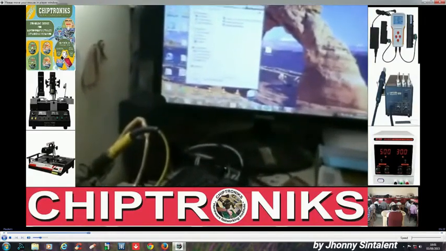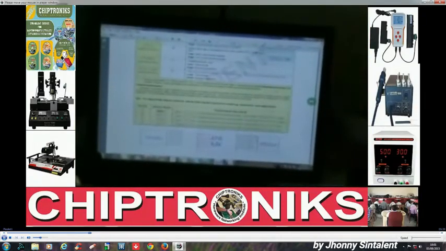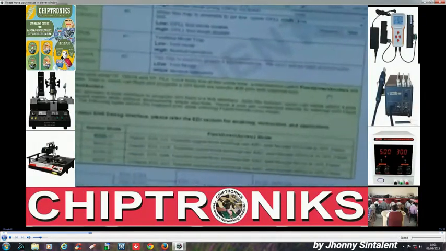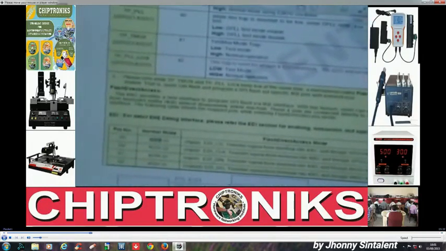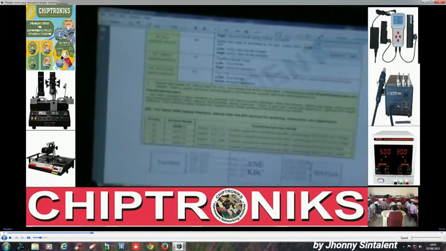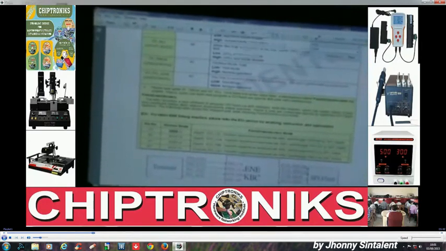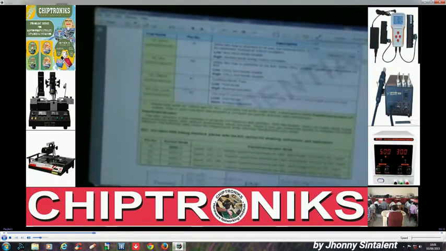The data sheet of KB9012QF. This is the data sheet I am referring you to for the IO controller class. You can open page number 25. I have already given you this data sheet. You can open page number 25, and same as in the previous class, I have said that if you ground